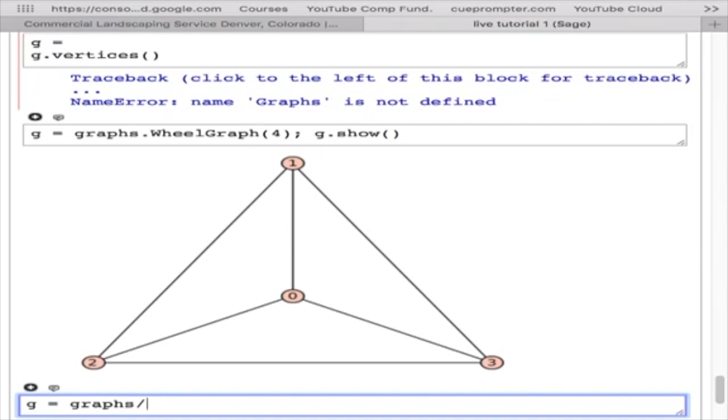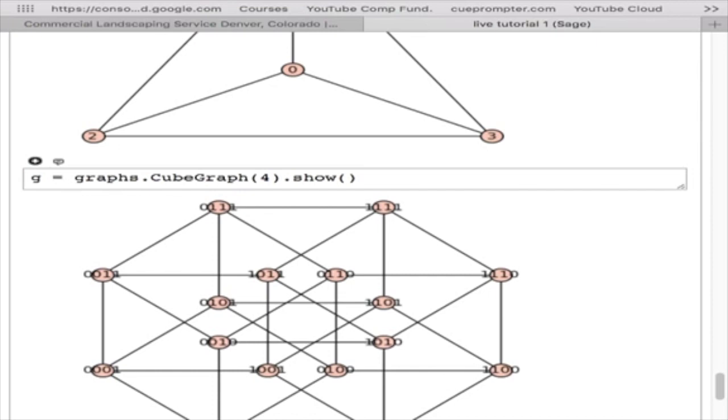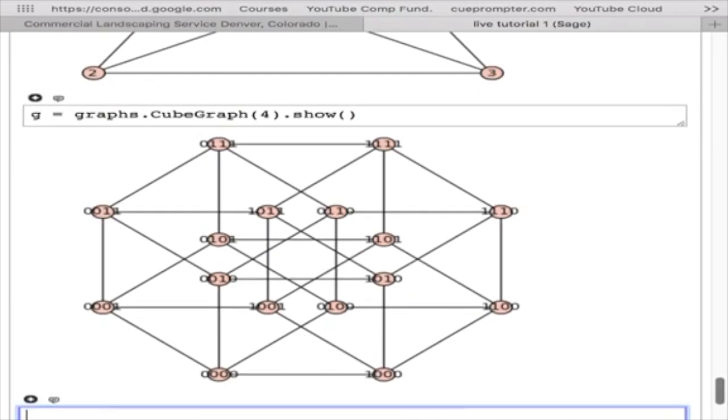Let's say I want to create another type of graph. Let's say I want to create g equals graphs dot cube. Do we have a cube graph? Yes, we do. Cube graph, and the cube will be 4. Immediately, whether you type semicolon then the variable g, or you just put dot and then the method, this will do the show. So this is a cube graph with 4